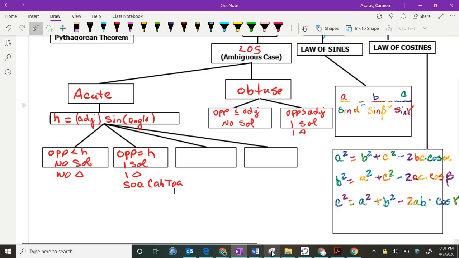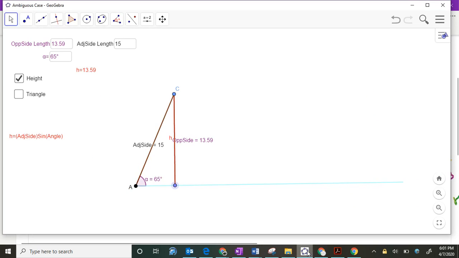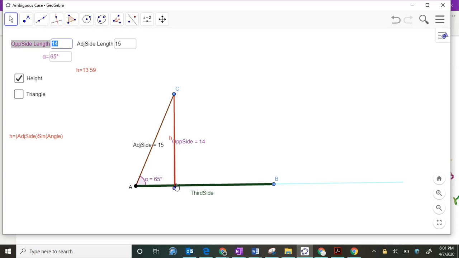So let's go back and look and see what the two other cases are going to be. So the two other cases is, well, what happens if it's in between here? So what happens if it's bigger than the hypotenuse, but smaller than the adjacent side? So if it's bigger, that means it has to be greater than 13.6, let's say. So let's say that it is 14, and we hit that enter, and then